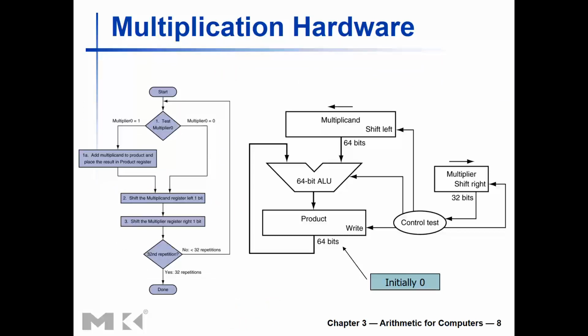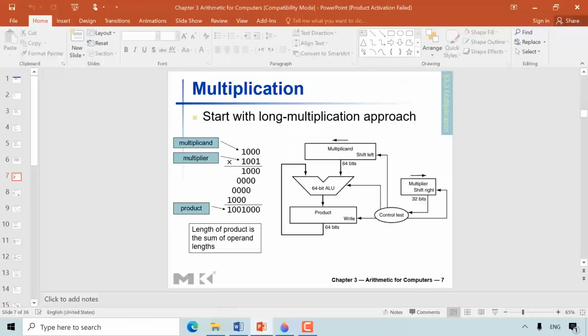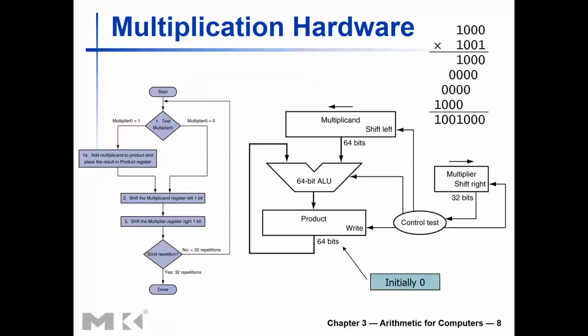What we need is a register of 64 bits for the multiplicand. And the reason we need this register, okay, let me just stop here if I can. In this hardware, what we need is a multiplicand. Remember, the multiplicand is the number at the top. This is the multiplicand. And this is the multiplier. So what I need here is a multiplicand,